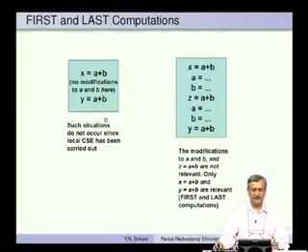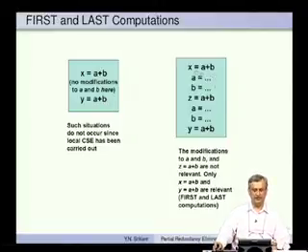So, here is a pictorial explanation of what I just now told you. X equal to A plus B is here, then there are no modifications to A and B, then you have y equal to A plus B. Such a situation cannot arise simply because now this A plus B is a common sub expression, we can use x here. So, we are assuming that local CSE has been carried out. So, this situation will never arise, we would have had actually y equal to x here.